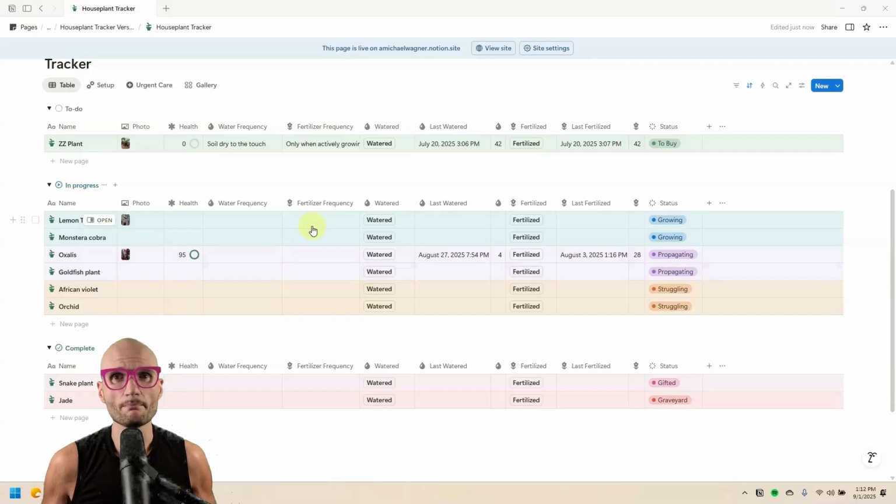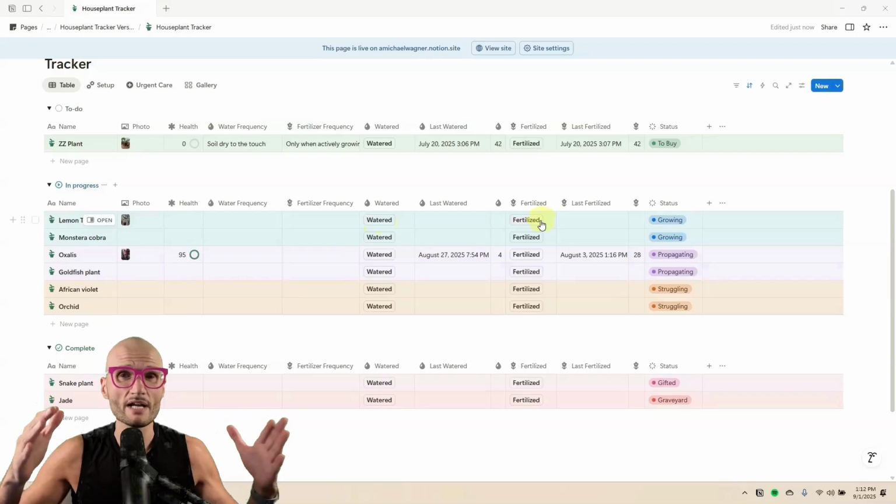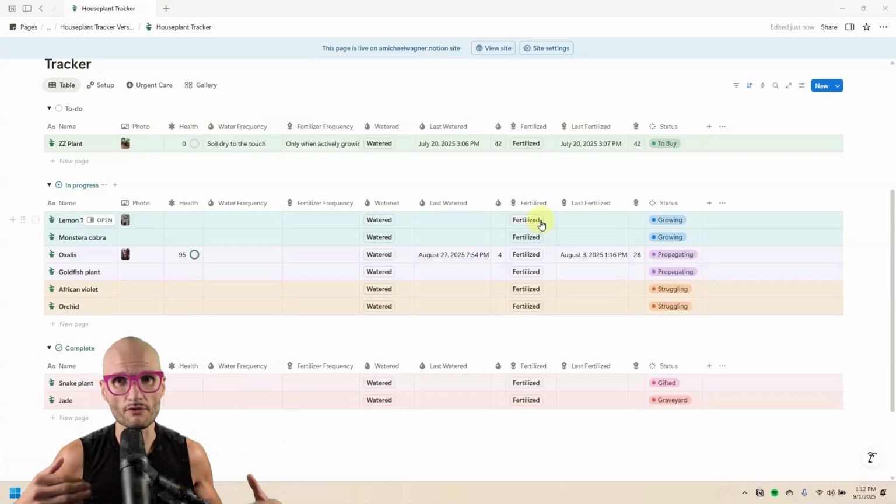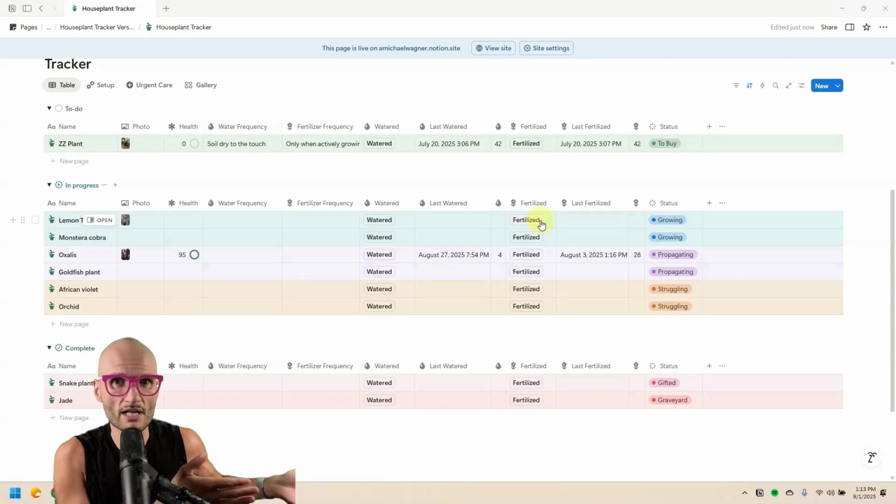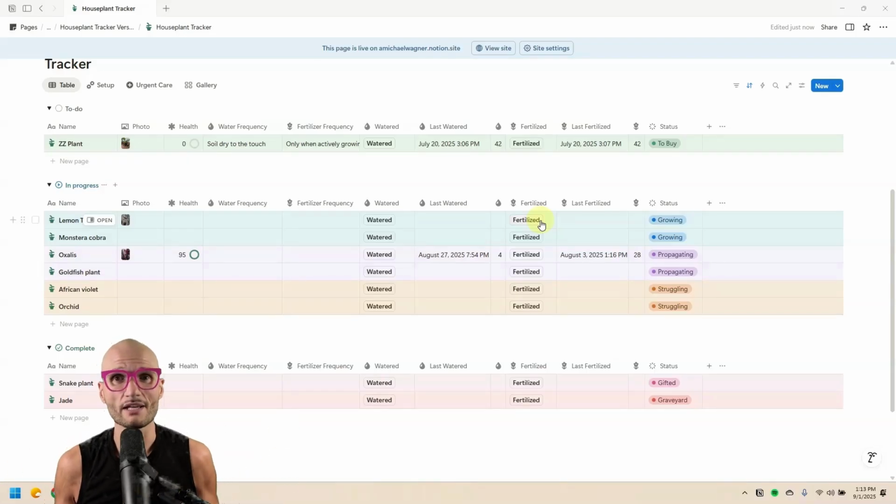Today, the goal is to build a history logger. So every time that we modify this by choosing water or fertilize, it would be great if we could keep a running record of each of those events so that it's easy to tell when we made changes to our plants. It's helpful in just general knowledge about your plants, also in diagnosing any problems. If you use this regularly and consistently, you'll know that I watered my oxalis 3 days ago, and then 6 days before that, and 5 days before that, et cetera, and it'll help you in diagnosing any problems that occur